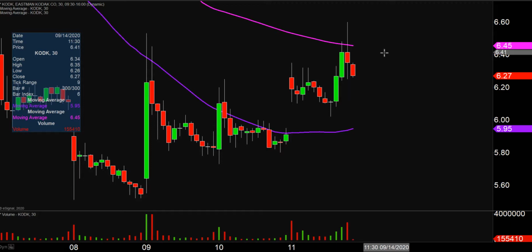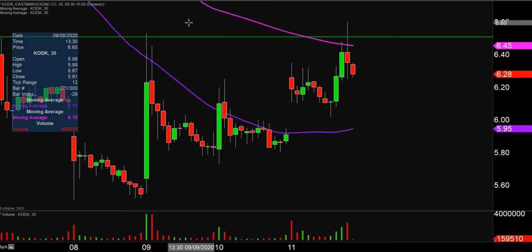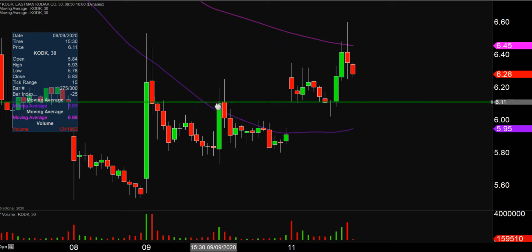Well, a very nice week on this one. Nothing fancy, but higher highs, higher lows. So I'm sure there's going to be plenty of eyeballs continuing to watch this one next week. And the level that really stands out to me as being quite important, I'm not going to quite call it a do or die level, but definitely a very important level, is this area down here at the $6